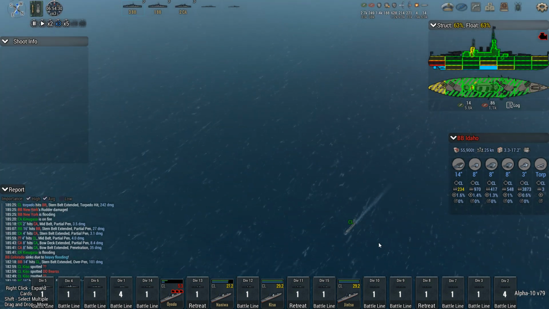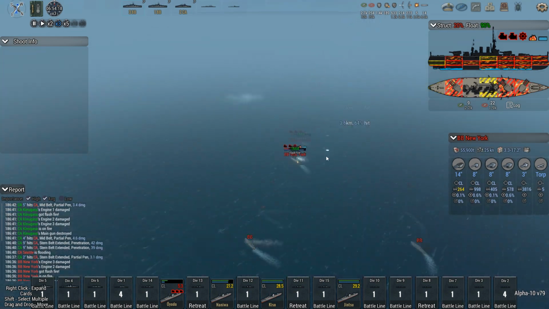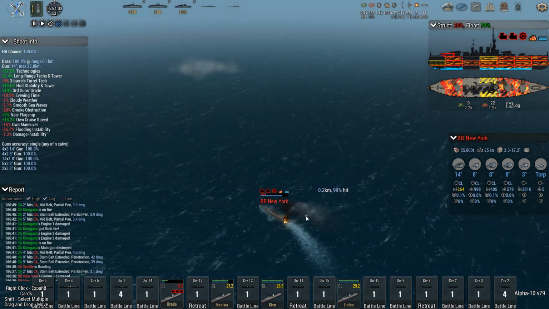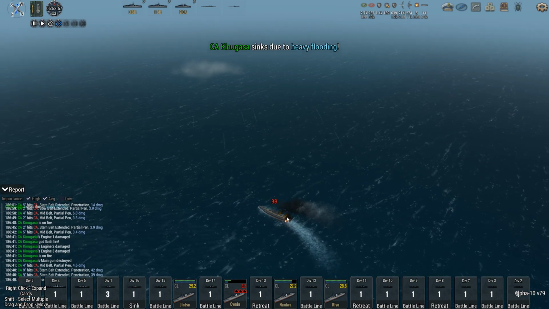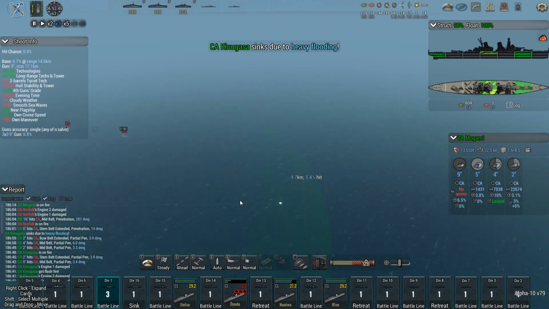Torp hit on New York. Flash fire on New York. This could kill her. It really depends on what that damage control party is going to be doing next. Heavy flooding and does kill on...